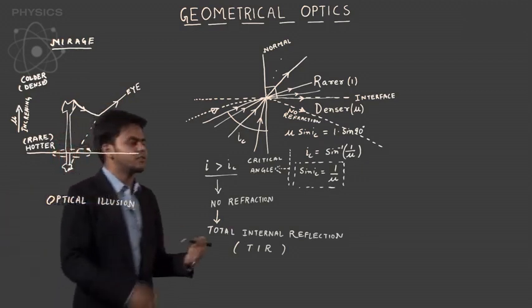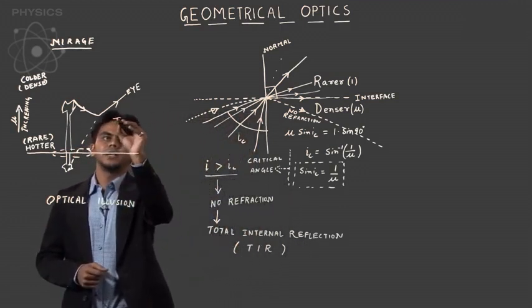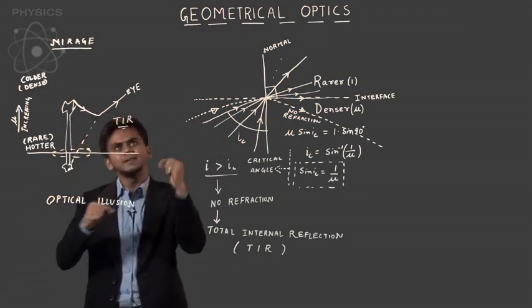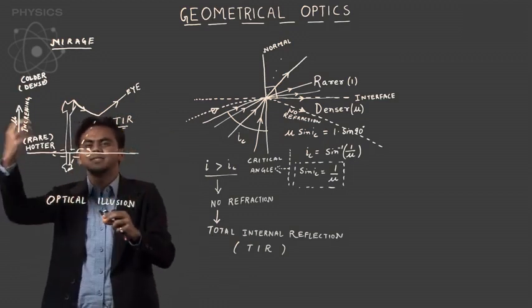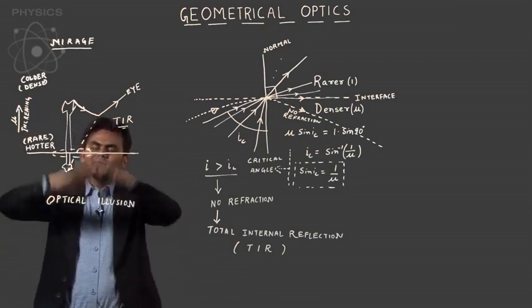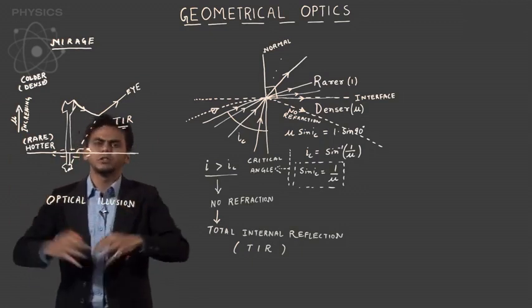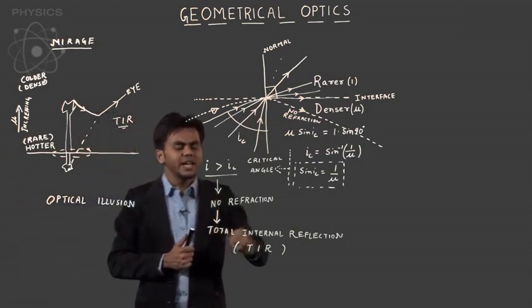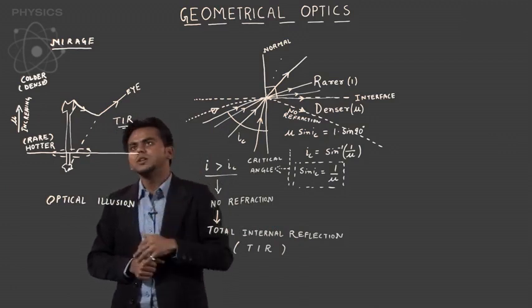And it is a combination of a multitude of things. First is your total internal reflection. Second is the faulty image processing inside your eye. And the other factors of hotness decide the optical density of the air. So all these things decide that I would see an optical illusion as mirage, whatever the pronunciation you follow. Now, this is an application of TIR in atmospheric phenomena known as mirage, because